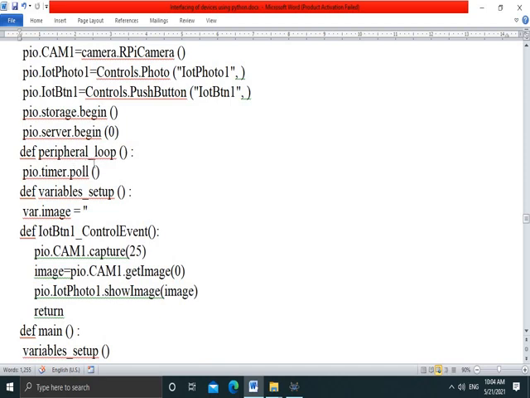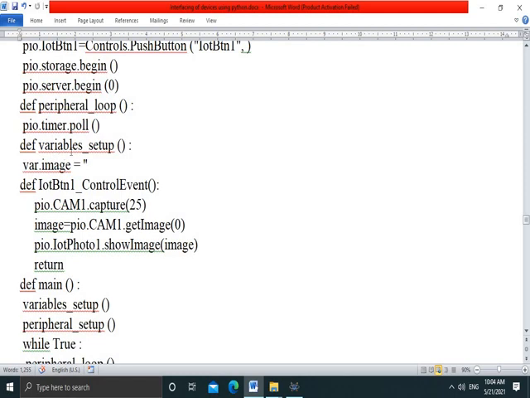Then call the storage begin function, then server begin, then write another function peripheral loop, and when we call the peripheral, that is camera, then wait for the camera. Then we have created one default variable image, so when the image is captured, it is stored in var.image, so store this,